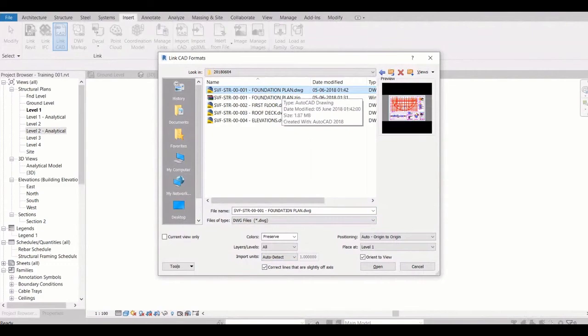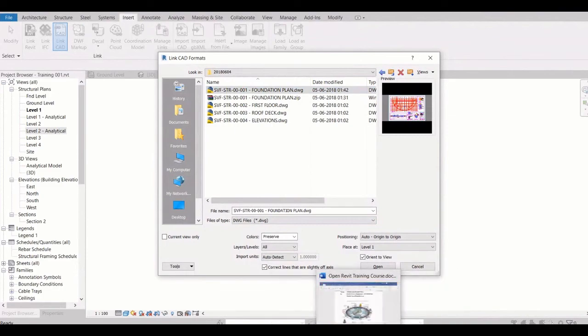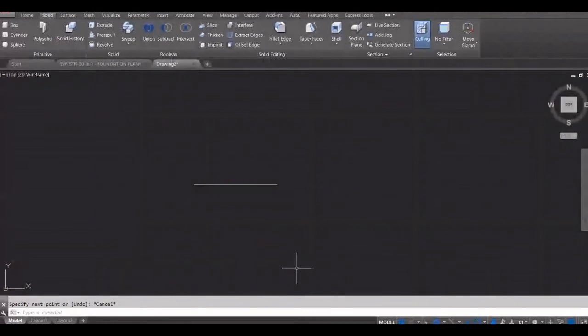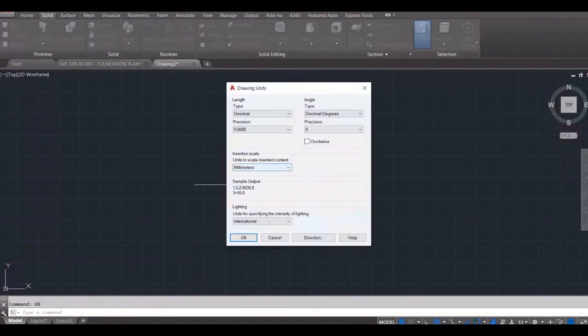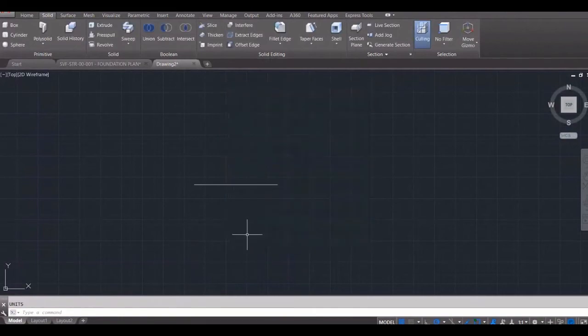So whenever you want to attach or link or import any CAD file, just before that you should check and verify the unit, right? So for this one I will say units mm, okay, and then I will save it.